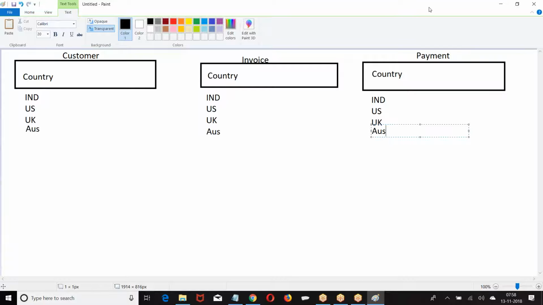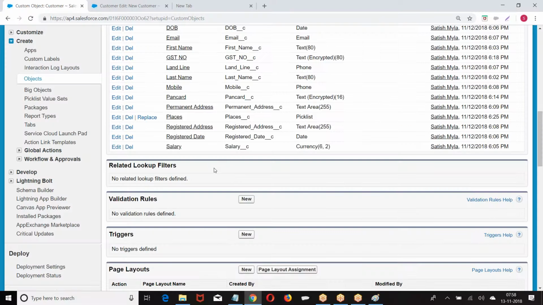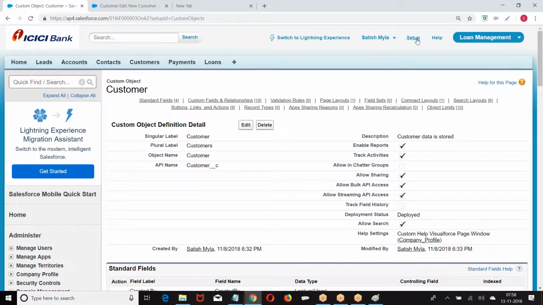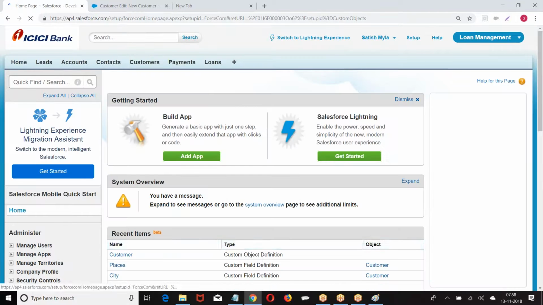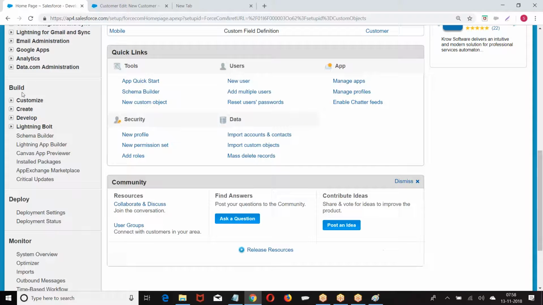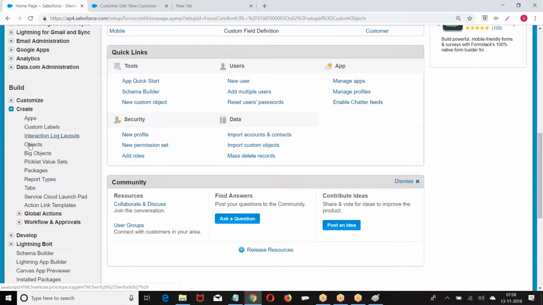For this, we have, look at the point, setup, build, create, pick list value set. Build, create, pick list value set.